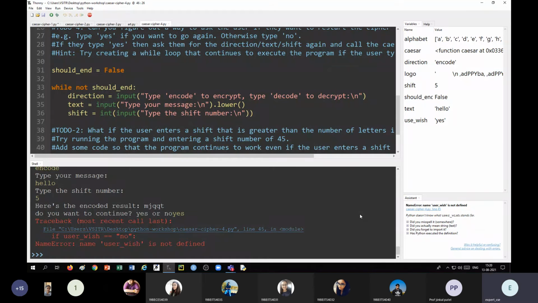If user wish is equal to no, what is the error? Name error. That means data type error.